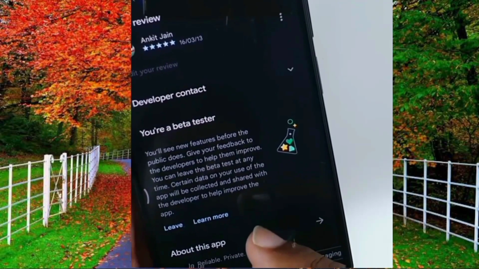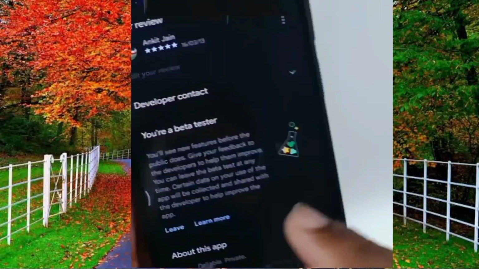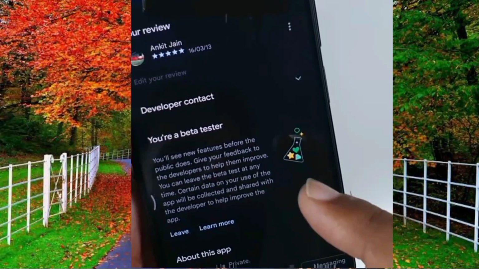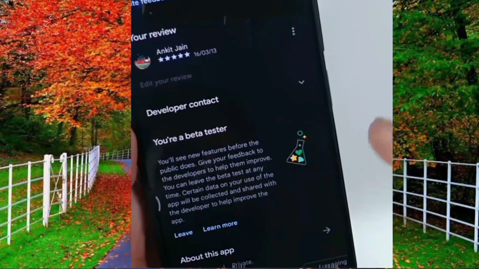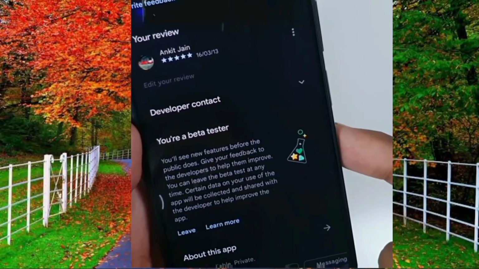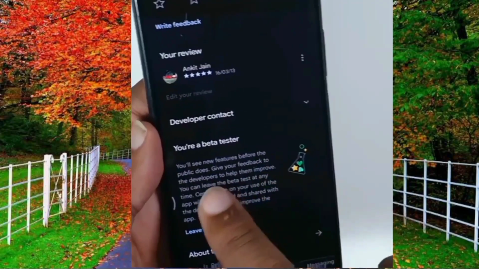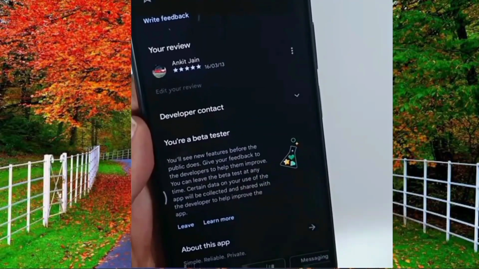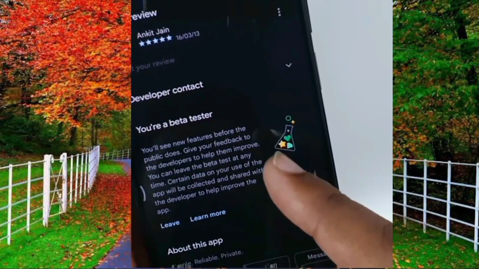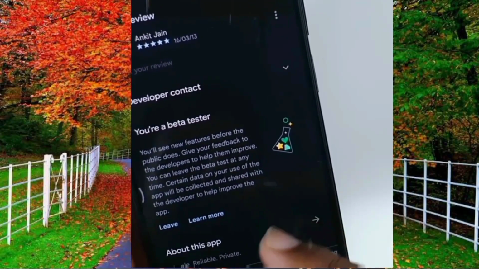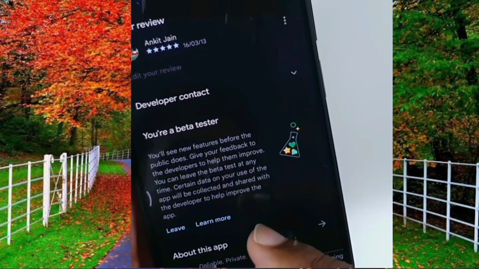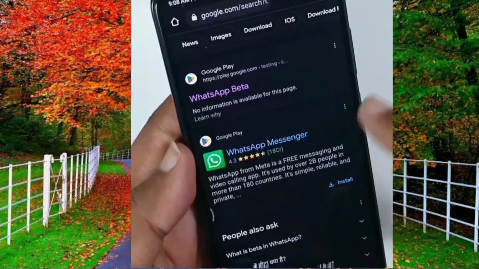As I am already a beta tester, it's showing you are a beta tester. If you are not a beta tester, then you will see the option of acceptance. Accept these latest features, and if this method does not work on your WhatsApp, then go to Chrome browser and